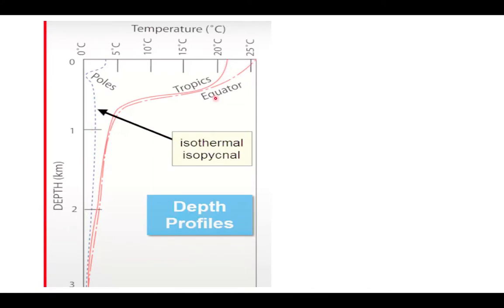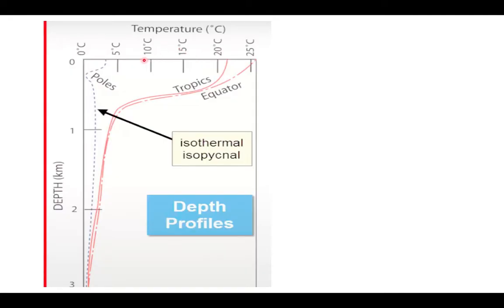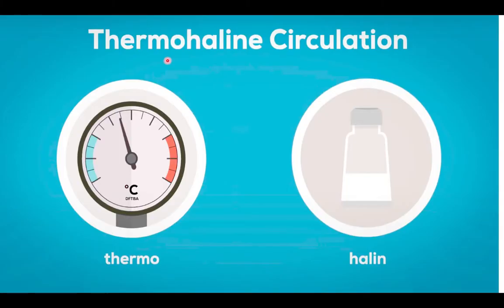In the tropical as well as equatorial region we have a strong pycnocline. And at mid latitude, somewhere around 45 or 40 degrees, the isopycnal layers are seasonal in nature. In winters, because of mixing, the isopycnal layers will decrease, and in summers the length of the isopycnal layer will increase. Now, thermohaline circulation.